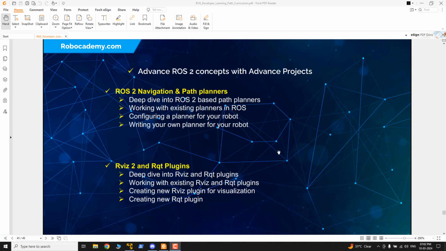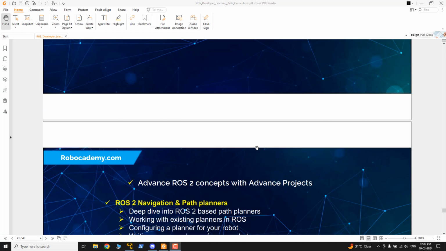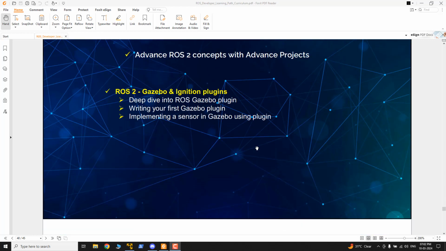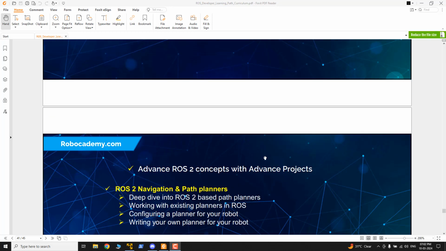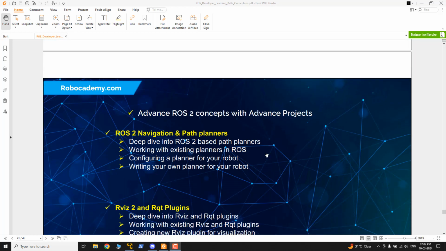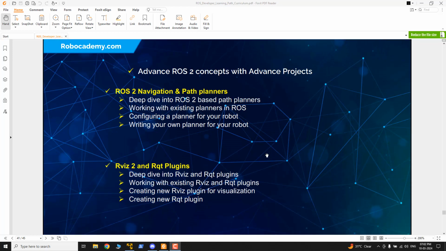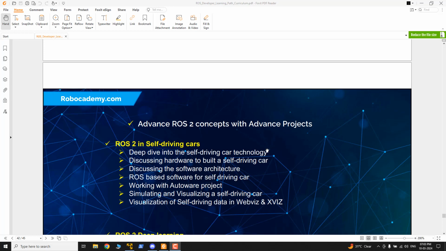Okay, guys, I think we can start today's session. Today we are planning to discuss multiple topics. Last session we were discussing ROS 2 Gazebo plugins, and today we are planning to discuss mainly two topics. And if we get time, we will be discussing